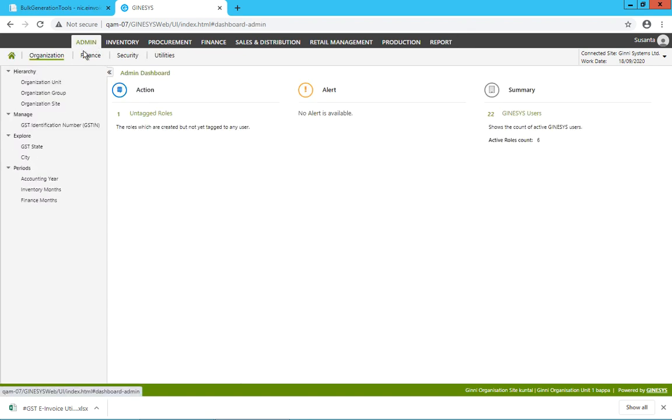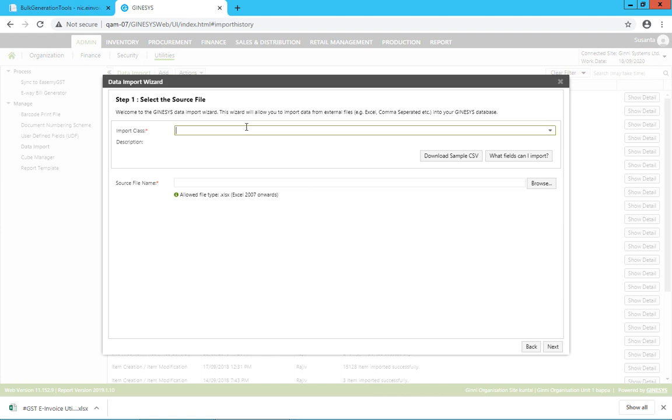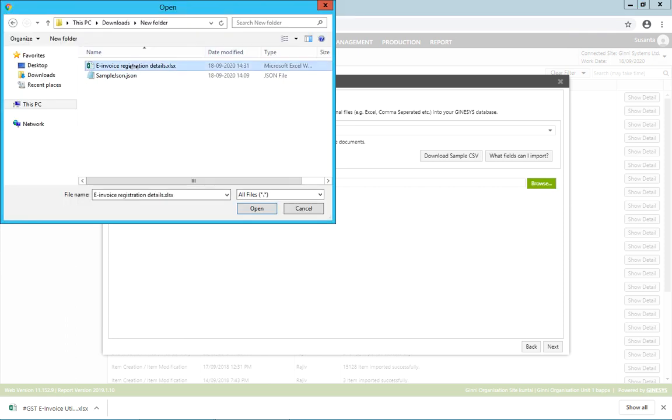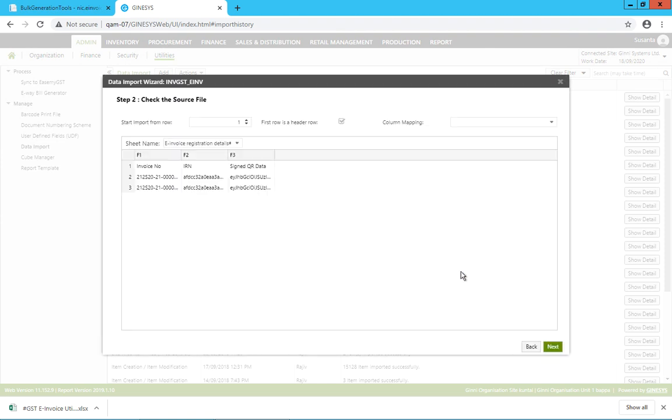Go to admin, utilities, data import, click on add, type in e-invoice, select the import class. In case this import class is not available here, ask your admin to provide you the access. Click on browse, select the downloaded file, click on next, click on next.